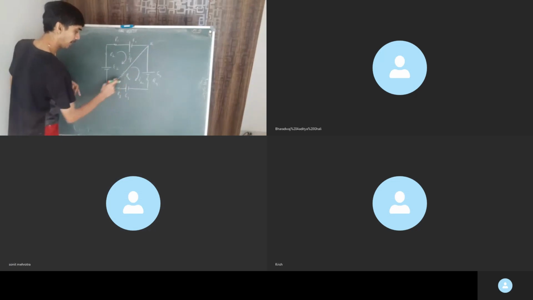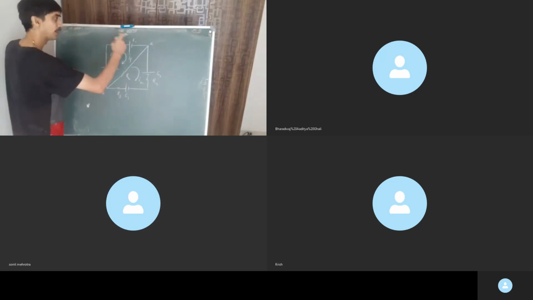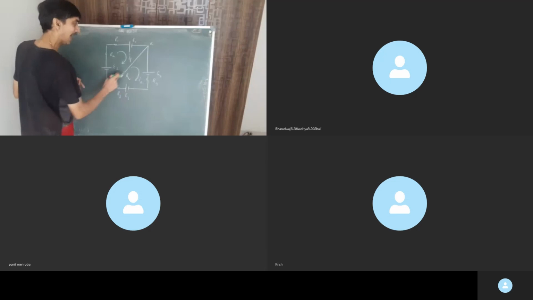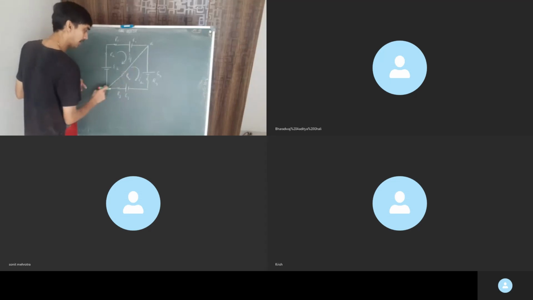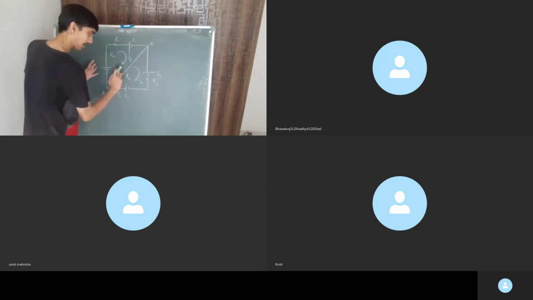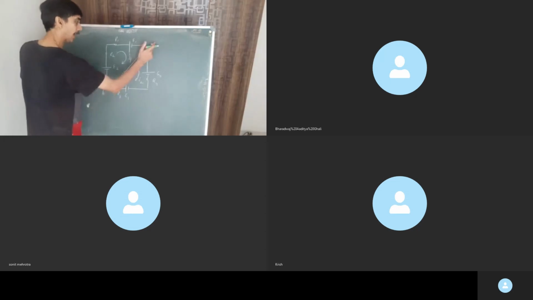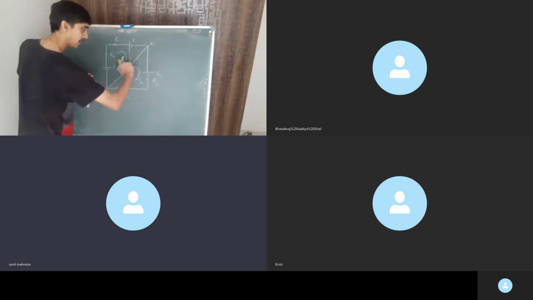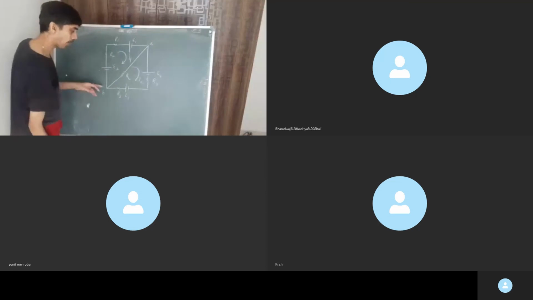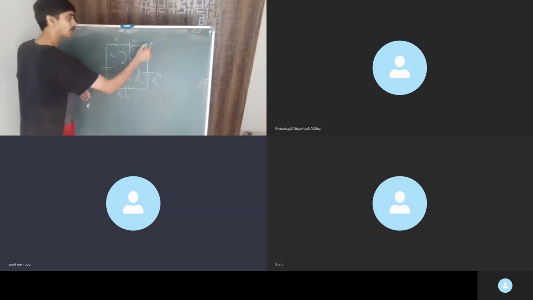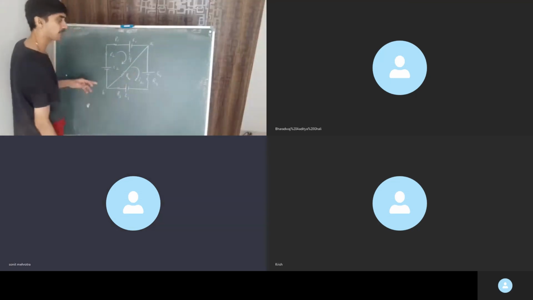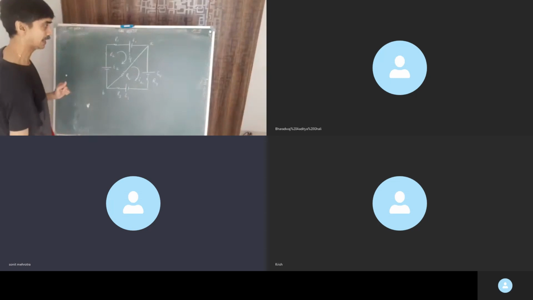Now when I am moving from A to B, because I have to close the loop, I1 flows from A to B, but I2 is common. So I2 flows from B to A, as it is this way, clockwise. So I2 will flow from B to A. Therefore, through this branch, what current will flow is I1 minus I2.